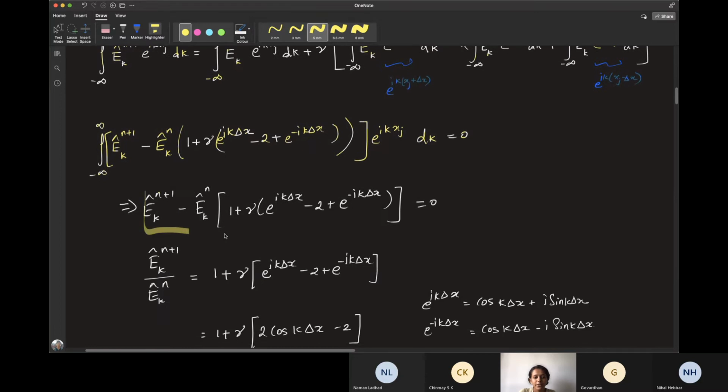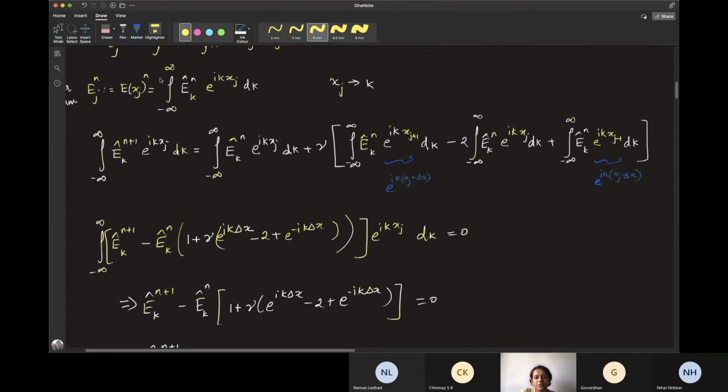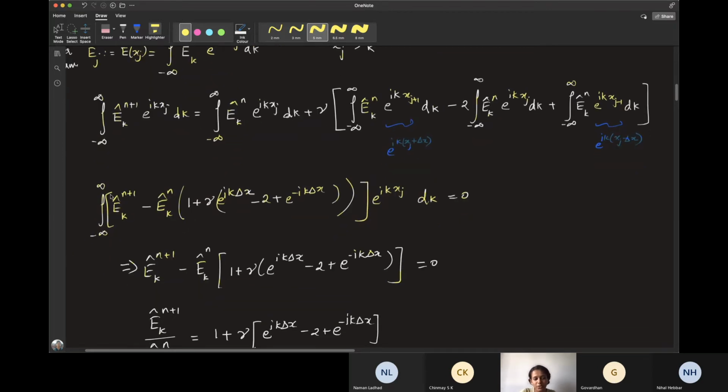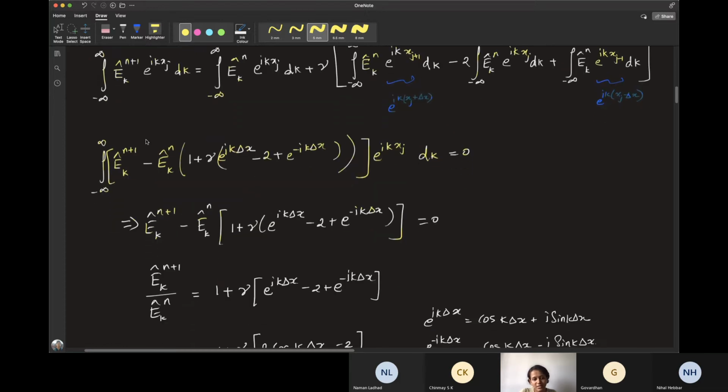So you're just taking this as 0. So finally you've gotten some expression like this. This is why I said coefficients: even if you have 1 by root of 2 pi or 1 by 2 pi, whatever the coefficient is, you will be taking it common out, and finally you will only consider this integrand anyways. So this is not going to be affected because of the coefficient, so I just ignored the coefficient.